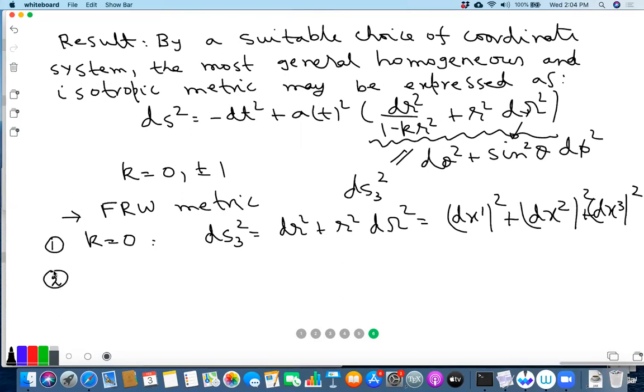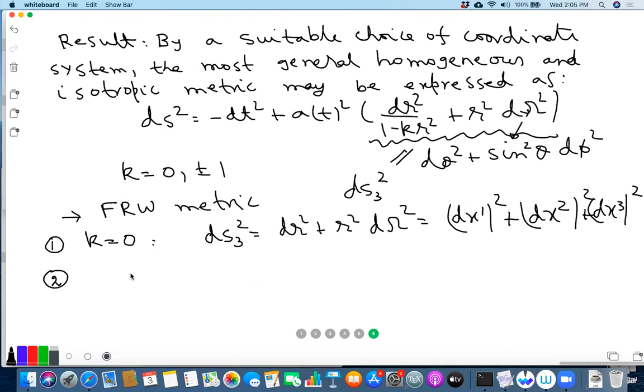There is a of t square, right? You have not written that. Pardon? There is a as a function of t square, but we have written only dr square. So, this is my definition of ds3 square, just after having factored out a of t square. If this is homogeneous, and because the translation is independent of time, it doesn't matter that there's an a of t square. Is that point clear? Yes.